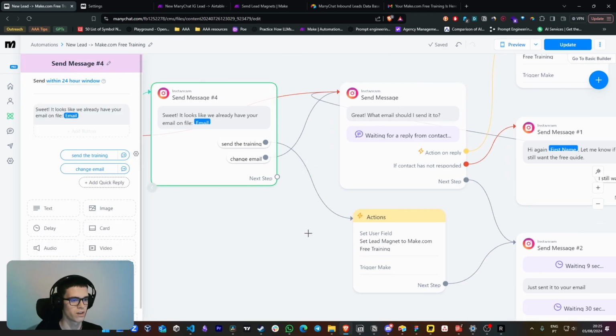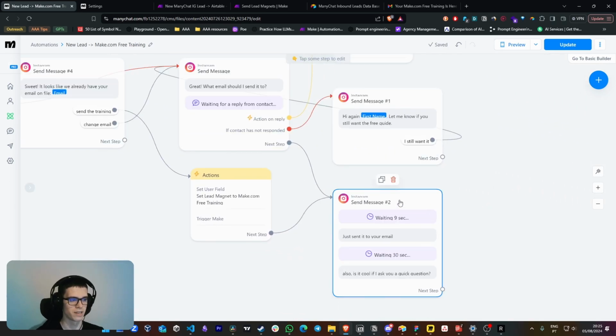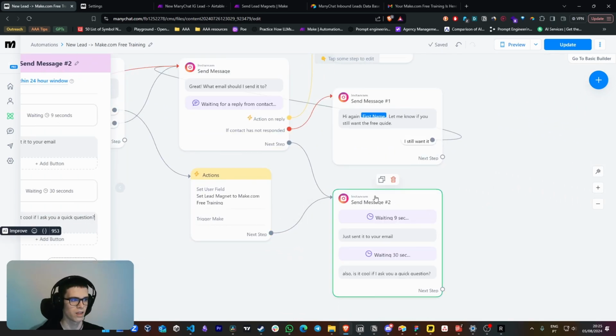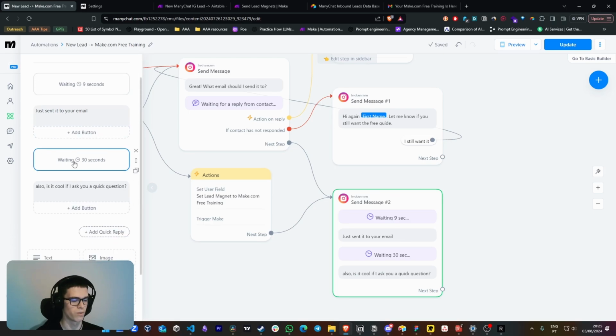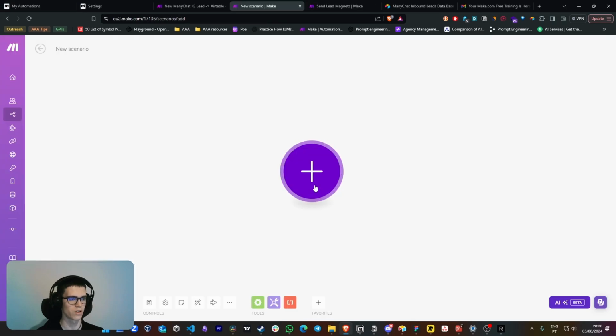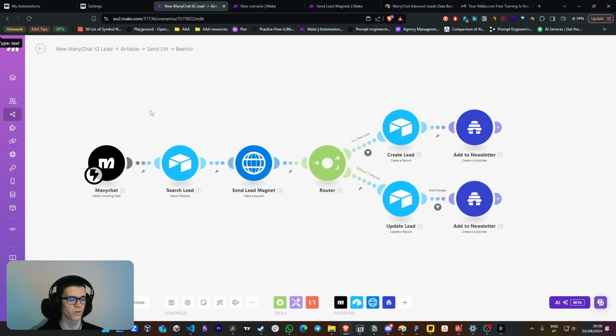Clicks on send the training, it will trigger this action and then go to this step here. This step here is executed after triggering Make, and it will wait 9 seconds and say just send it to your email, and then wait another 30 seconds and say also, is it cool if I ask you a quick question? I forgot to say, but you can just import the blueprint from this automation, so everything is already set